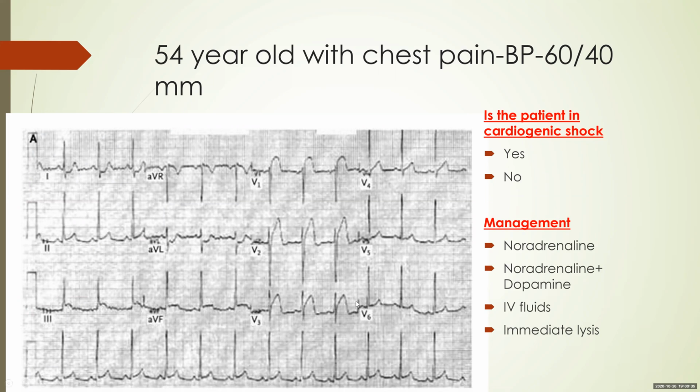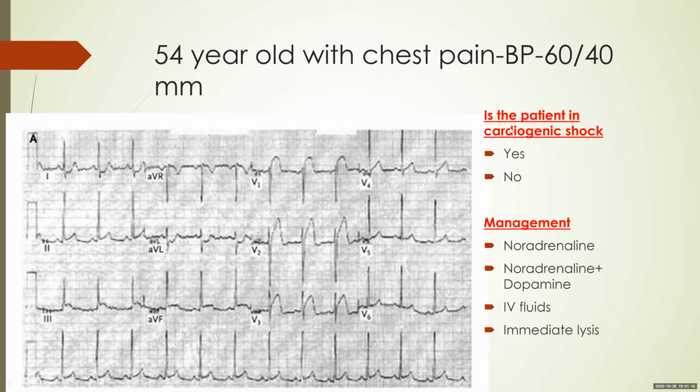So that's if you have access to an echo, you can do that. An ECG which shows V3R and V4R may not be helpful because V1 is a lead which looks at the right side. So if V1 is showing an ST elevation, V3R and V4R are also going to show an ST elevation. So an anterior wall MI which has an elevation in V1 will also show an elevation in V3R and V4R. So using V3R and V4R alone may not be helpful. So you can look for an elevated JVP or you can do an echo. Even then, ST elevation generally not crossing V3 is probably not an anterior wall MI. So keeping that in mind, we have established a diagnosis of inferior wall MI with an RVMI.